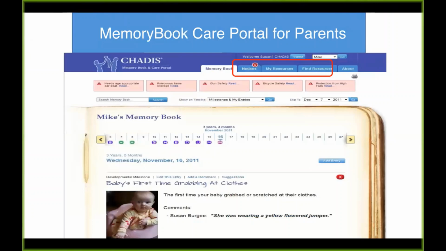Now, we make it more attractive by making it a baby book and pre-populating it with the child's milestones. So there's a milestone from the Ages and Stages right down there, baby first time grabbing at clothes, and a link to suggestions for developmentally stimulating activities. That's actually part of our family stress study too, because those activities are parent-child activities to do. So there's a whole curriculum to help promote development and at the same time promote the parent-child relationship. Now, up at the top in the red box, you can see I've highlighted the fact that there are additional tabs in the care portal, and in those tabs, that's where the information shows up.